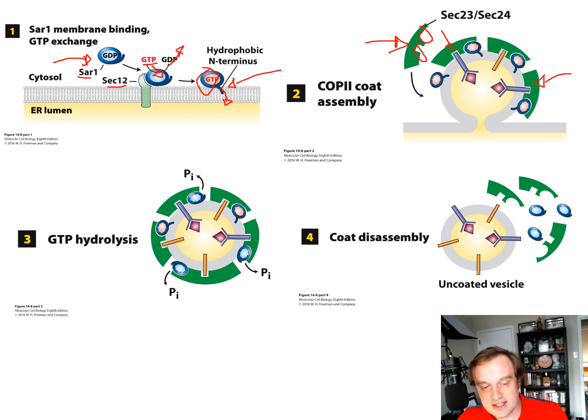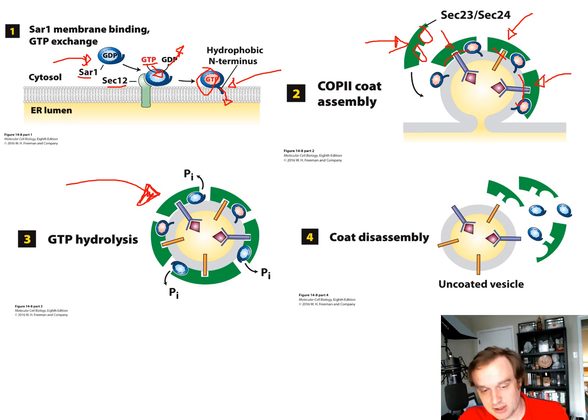And the coat assembly, as I said in the previous slides, because these are curved proteins, when they bind, they kind of force this circle to be made because they're concave like this, right? And so they're pulling the membrane into the circle, which will eventually pinch off the membrane into a vesicle. So once we're in this vesicle formation, what happens is this Sec23 that is on the outside, this green coat protein here,